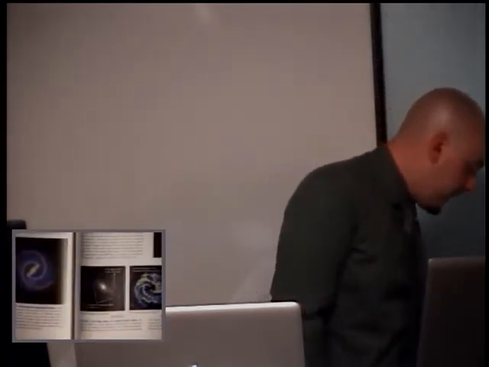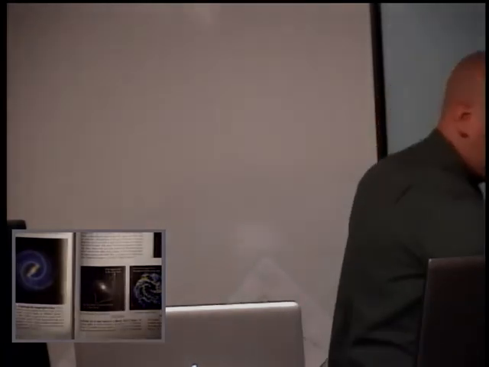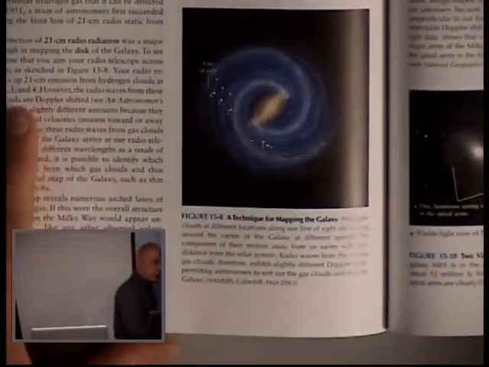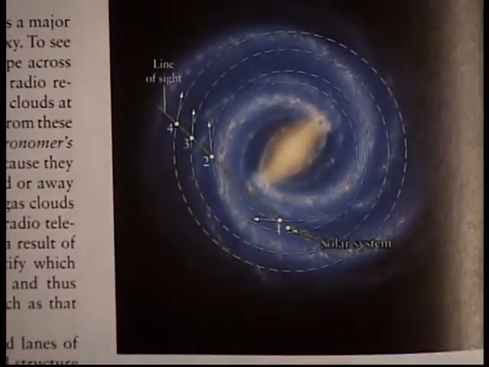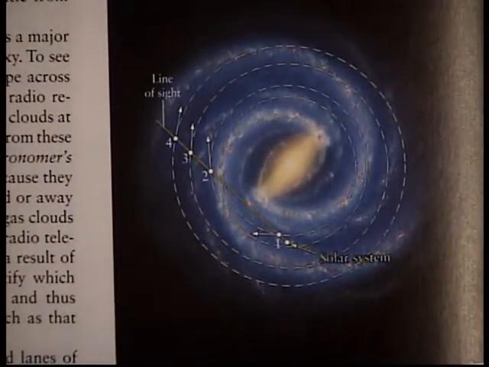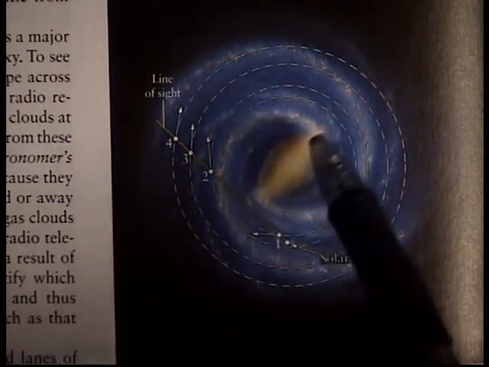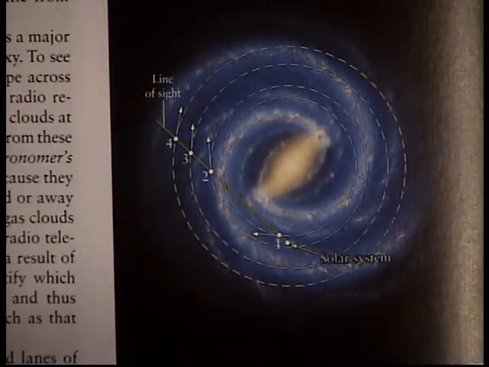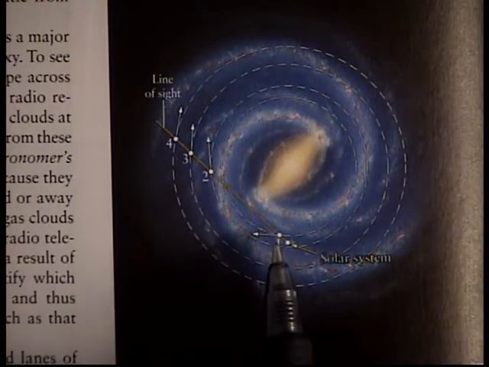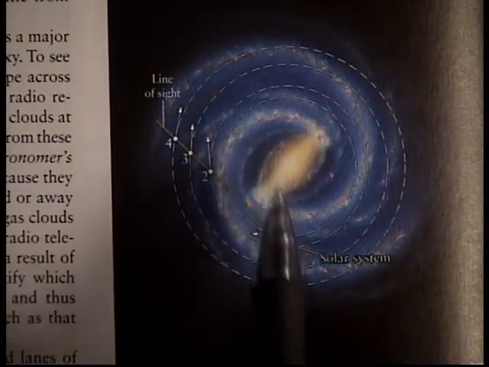And to this day, the work of Shapley ends up being a critical part of understanding where we are in the solar system. It turns out, if you look on page 474, the Earth and our solar system, the Sun, is not in the center of our galaxy. We are in a big spiraled galaxy, like we see many of others. The Milky Way appears to be a barred spiral. But in doing so, it turns out we are half, maybe two-thirds of the way out away from the center.